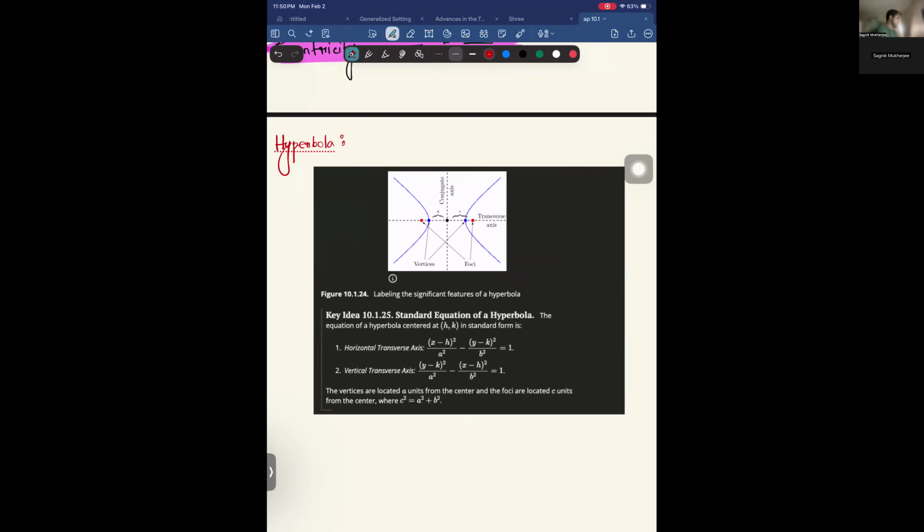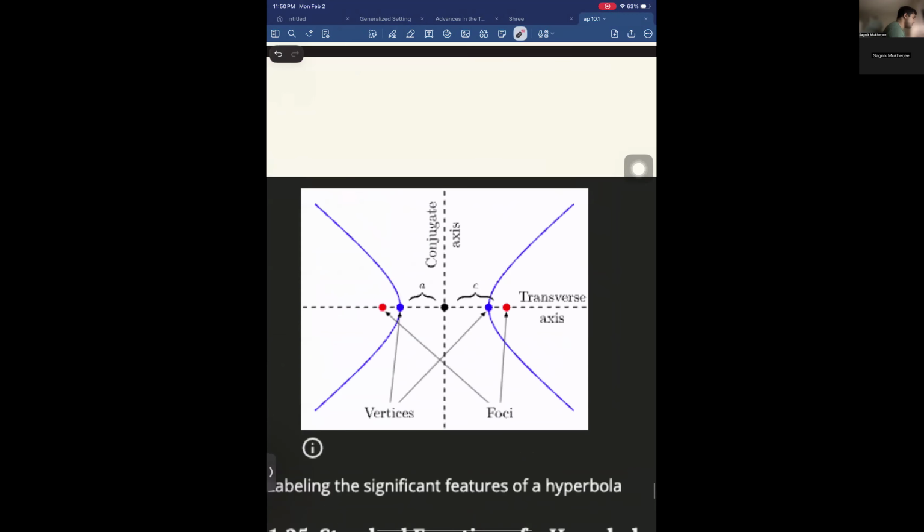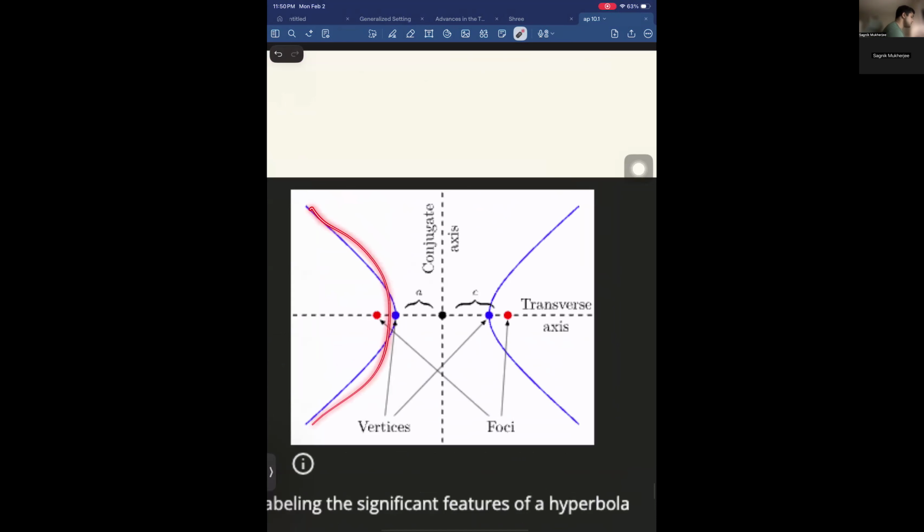Here you go. So a hyperbola would look like this. Let me just walk through the elements of a hyperbola. It also has two foci, this and this. And again, you are looking at all those points